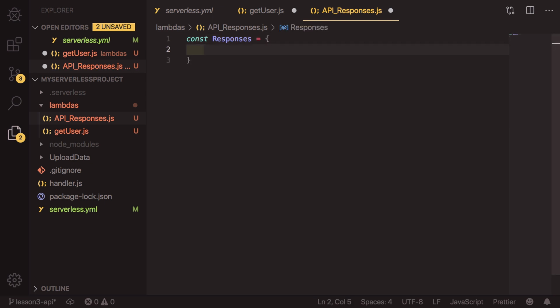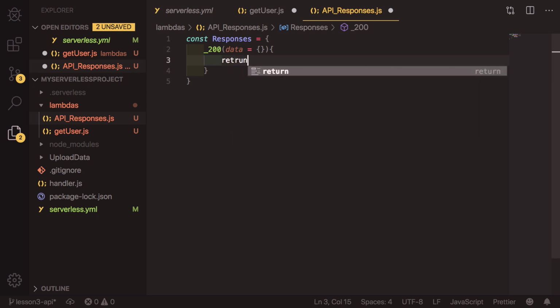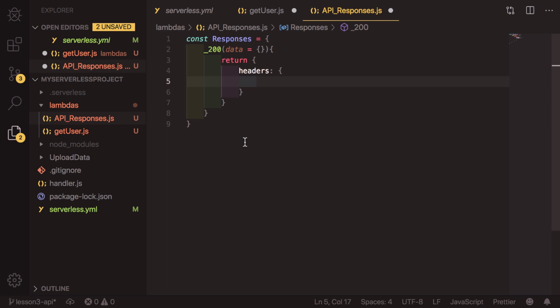So there are a couple of different kinds of requests, and this can be expanded out. But to start with, we're going to be returning two different types, either a 200 or a 400 request. So for a 200, we're going to be expecting to receive some data, but if they don't pass anything up, we'll just use an empty object. So if they call this 200, we want to return an object, and on this object it needs to have some certain things so the API Gateway will be happy. It needs to have headers, which is an object with